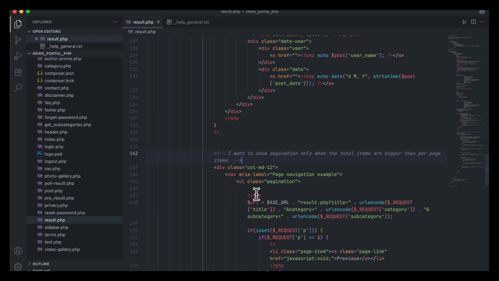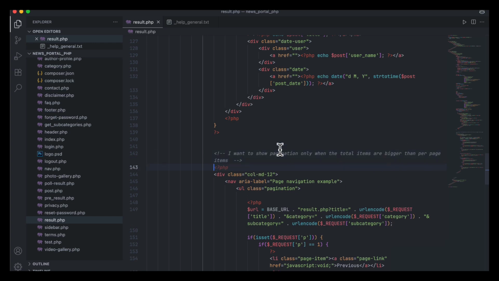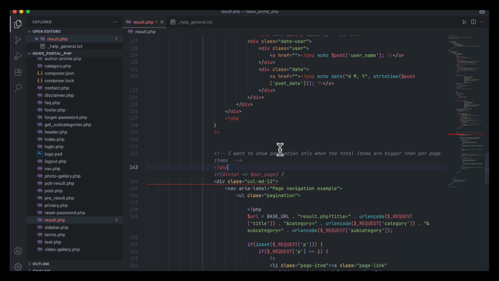For example, I want to give the total items equal to 4 items, and per page item equal to 4 items. And if per page item is 4 and total item 9, then there will be a pagination. So the pagination will show only when the total item is bigger than the per page item. So okay, so use here PHP